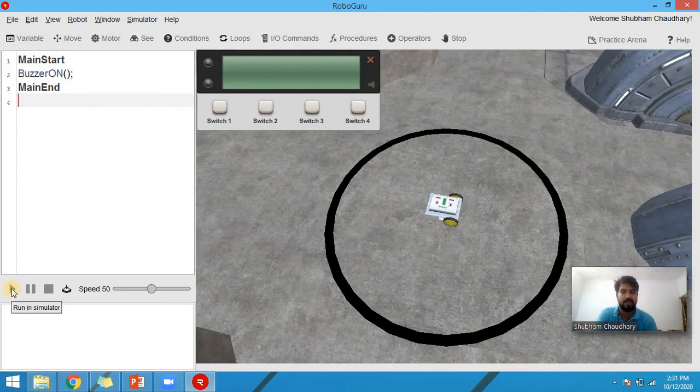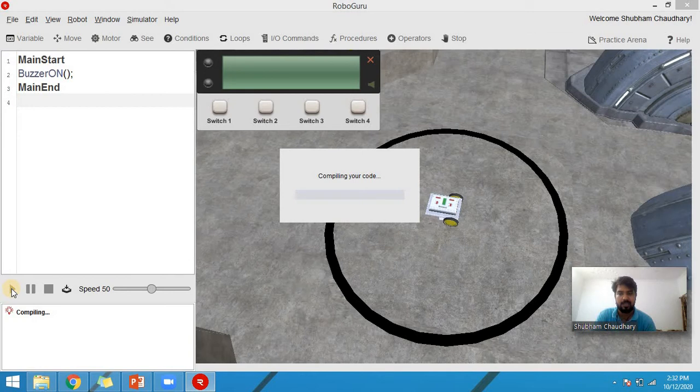Let me explain what a buzzer is. A buzzer is something you must have seen in two-wheelers, in scooters or even bikes and motorcycles. When your parents give an indicator towards left or right, a sound also comes up, right? That sound to turn is actually coming from a device called buzzer. That buzzer is also there in RoboGuru. You can use this buzzer to produce sound. If I run this command, you'll hear a sound.